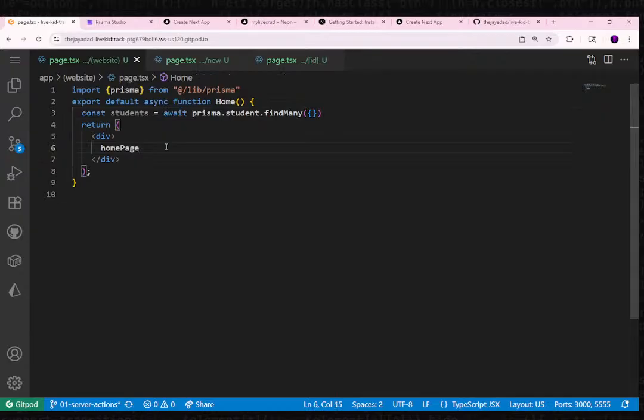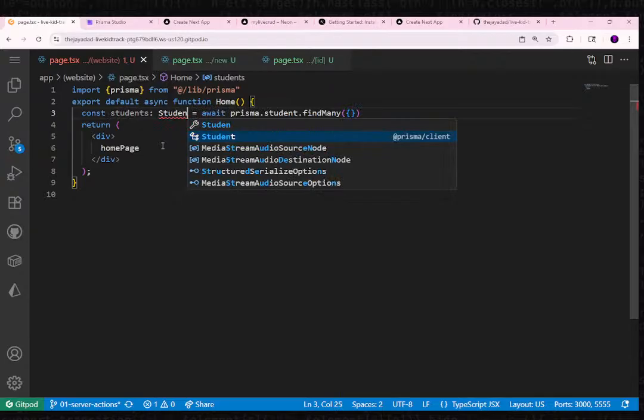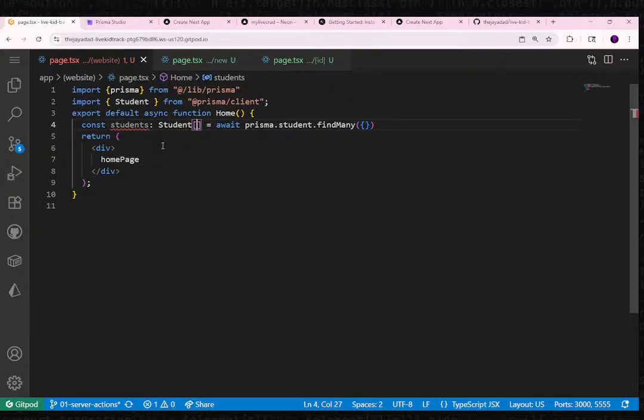Actually, you know what? We're using TypeScript, so we need to do this a little differently. Let me think about this one for a second, because if I recall the last time, I haven't distinguished all of the fields for type safety purposes. So I need to do it a little differently. It should be students, and then we'll import student directly, and that should be coming from @/Prisma, and then just pass in an empty array. This way we won't get any errors within the